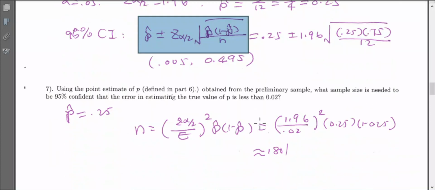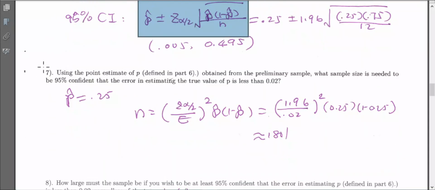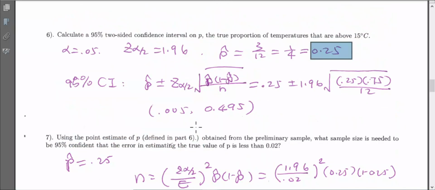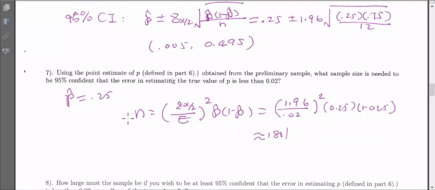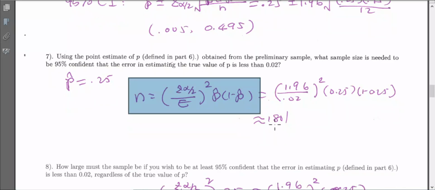As for the sample size for proportion estimation, we have 2 choices. The first one is part 7, where we consider the sample information, using the point estimate of p from part 6, which is 0.25, a quarter. If we use this information, this is the right formula, because we put p hat at 0.25. So the sample size would be about